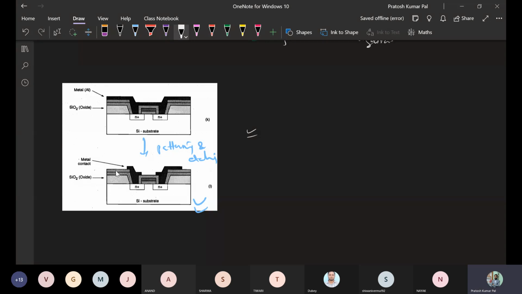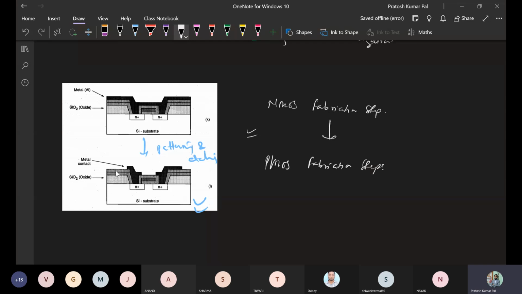Similar to the NMOS fabrication steps, we will have the PMOS fabrication steps also. Similar steps will be required.